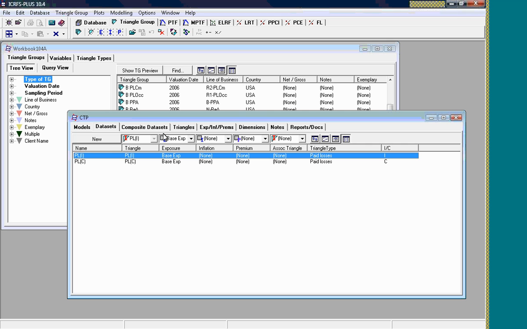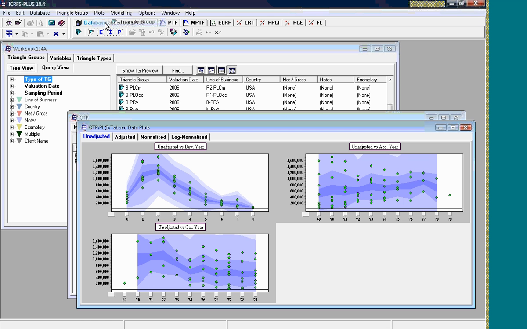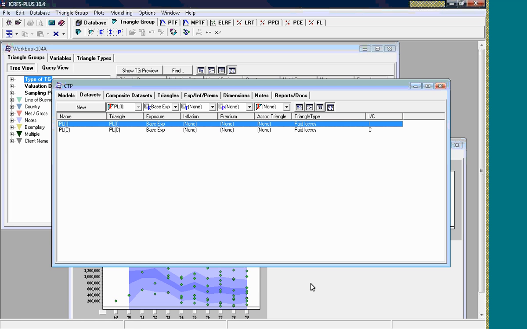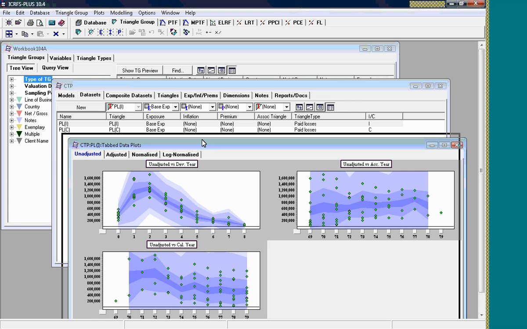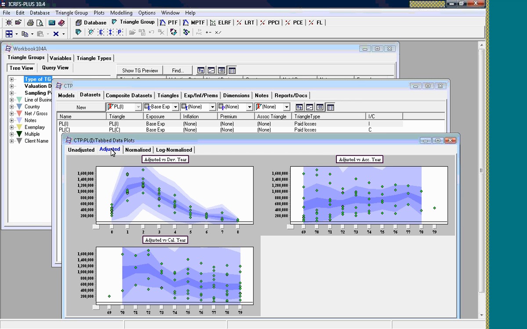Alright, what we're going to do now is actually plot this data. If we go to plots, tab data plots, we've got four tabs here. The first one is unadjusted, so it's just the raw data plotted versus the three directions, so dollar scale. Alright, now I'll just shift these windows around a bit. We've then got adjusted. Now adjusted is adjusted for any inflation vector that we provide, if any. Now in this case we actually haven't created or associated an inflation vector, so we don't actually have any change